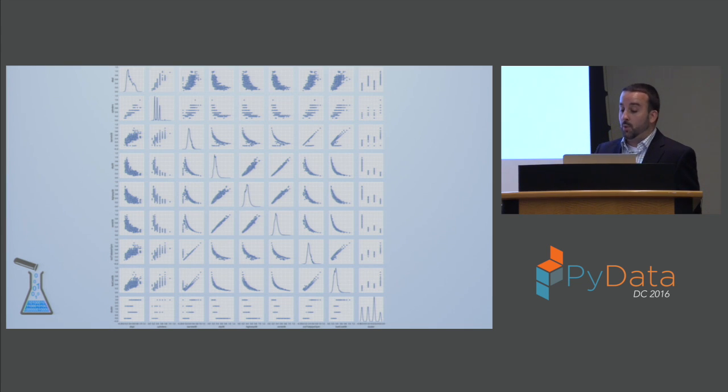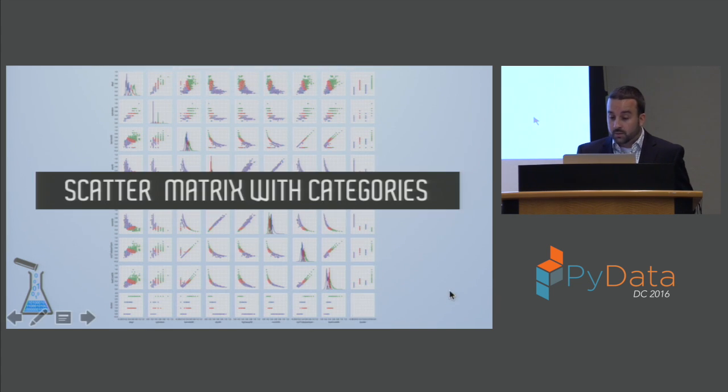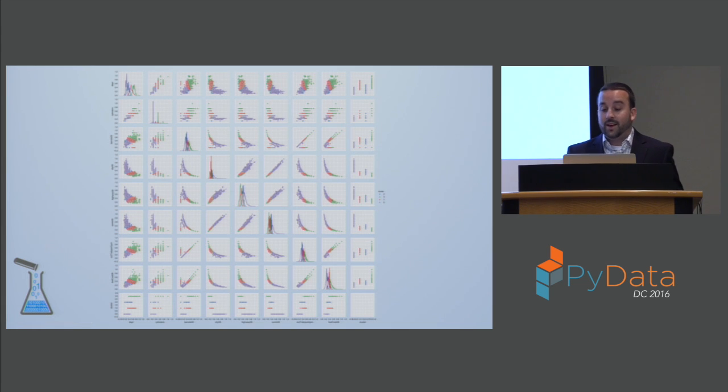And this is great, but what's even better is that we can add another dimension of insight to this by overlaying a layer of colors on top of this that represents, for example, the clusters that we created earlier. And so here I've overlaid our clusters. And now we can see not only the relationships, but also where the different cluster boundaries are and how much overlap there is from one cluster to the next. And once we've got this colorful bird's eye view, we can easily zoom in on anything that looks interesting to us.